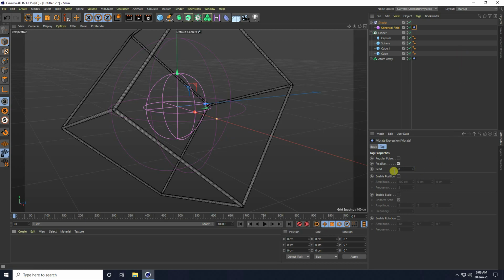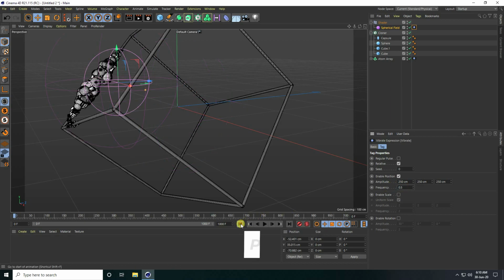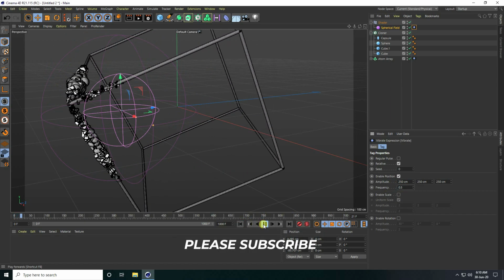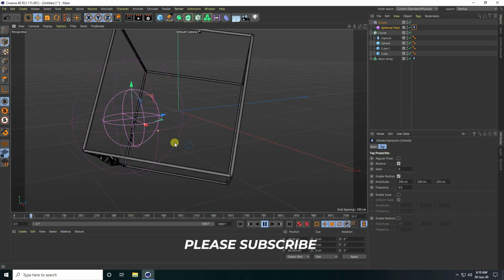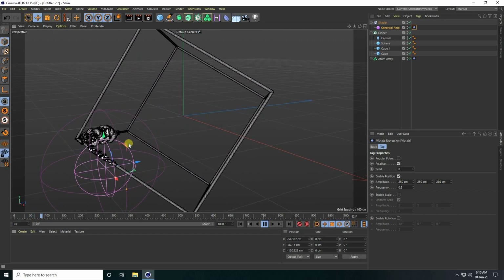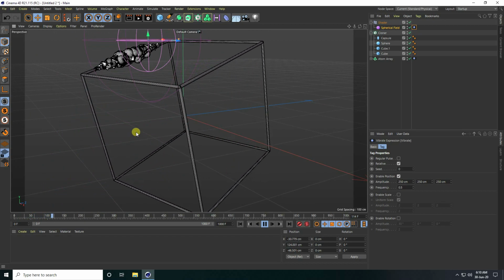And this time guys, Position check and amplitude like 200, actually take 250, all. And frequency I take 0.5. Yes, and go back and play. Yes, see guys, that's my animation, right?